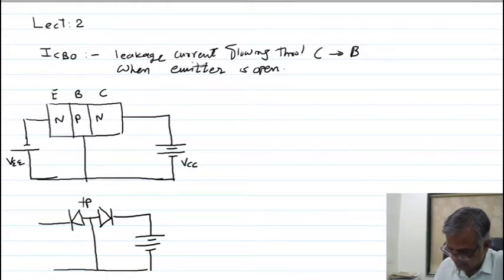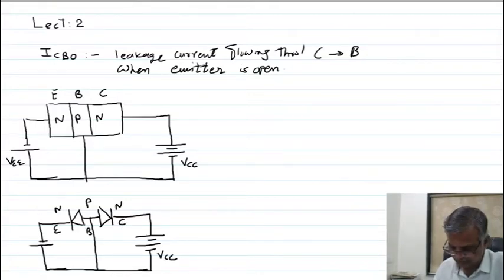This is your P type, this is N, this is N. I think you understand here. This is VCC, and this is your emitter, this is your base section, this is your collector. Listen again. We know that the emitter is always kept in forward bias with respect to base, and the collector is always kept in reverse bias with respect to base for the operation of the transistor.